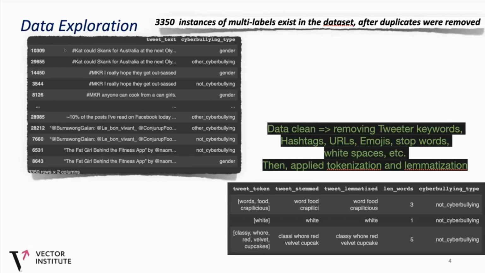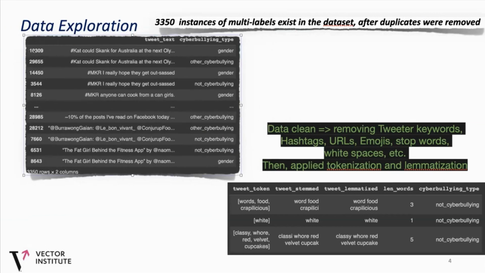for example, this entry was classified under gender, and the same entry was classified under other cyberbullying, because this is one of the classes. Now, the authors eliminated the other bullying because it was ambiguous, and if you look at the aggregation of the clean model, they were very well defined and had no classification context that suggested them. If we look at the other ones, the not bullying and the other things like gender, they still have